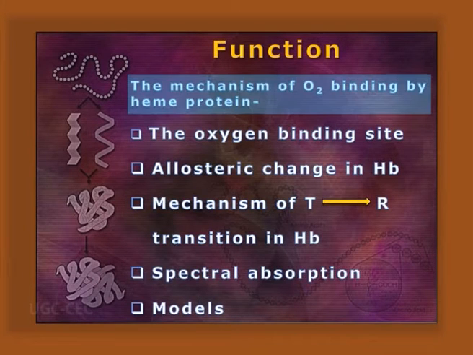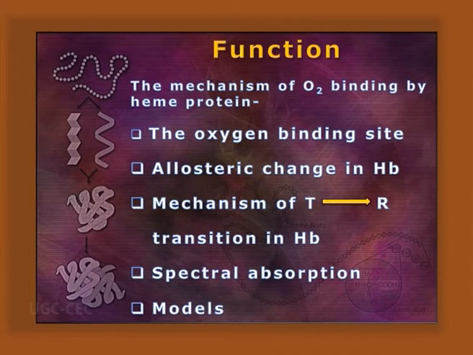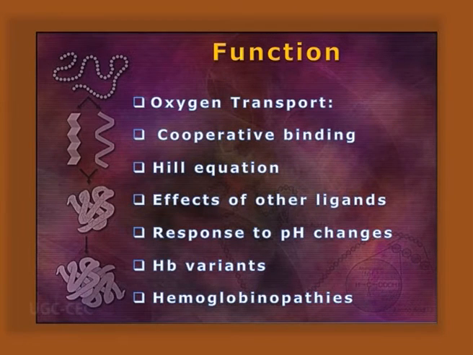Now, when we are talking about the other function, it relates to the oxygen binding and transport mechanism, this binding site as well as the allosteric change of hemoglobin, as well as the mechanism of the T to R transition, spectral absorption, and models. I will talk about the cooperative binding, Hill equation, effect of other ligands, response to pH change, hemoglobin variants